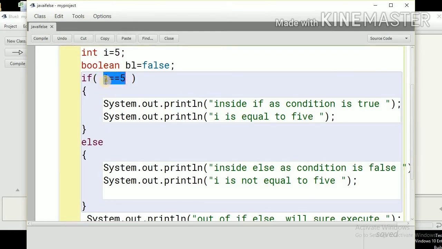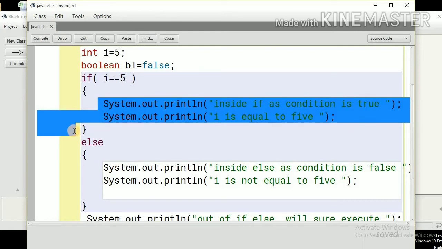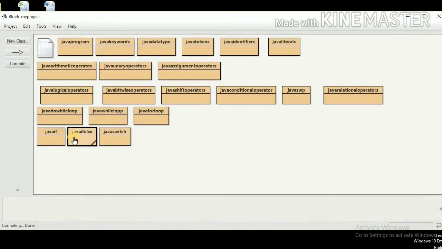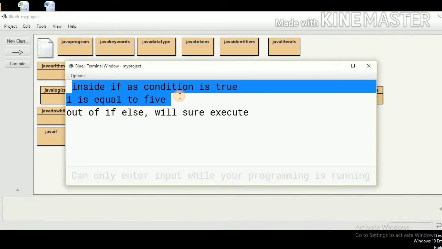The result of this condition will be true, which means the block inside the if statement will be executed. Let me compile and show you the output. You can see inside if, as the condition is true.